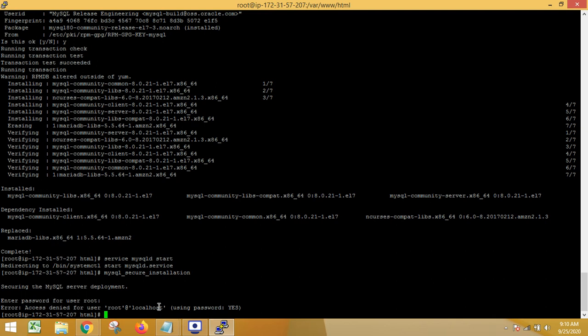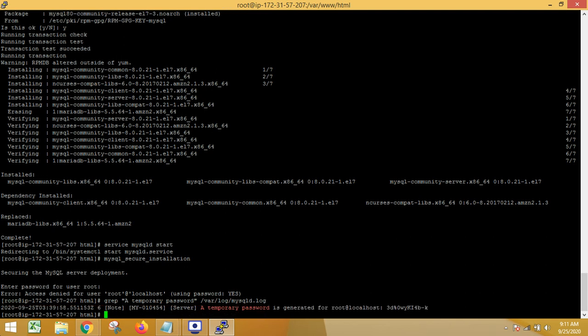In order to get the temporary password, there is one command that we will use, the grep command. grep, and in inverted commas we will write temporary password, and then we will provide the path where we need it: /var/log/mysqld.log. So this is the path.